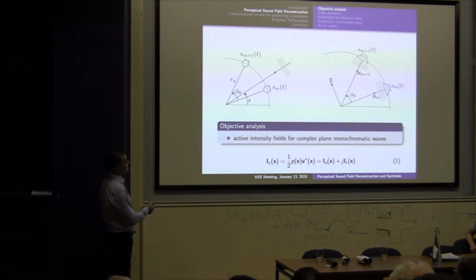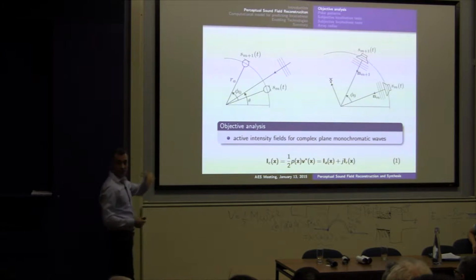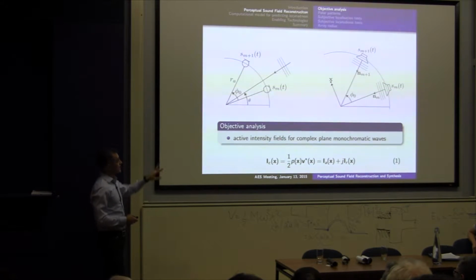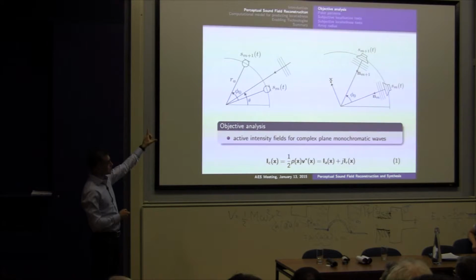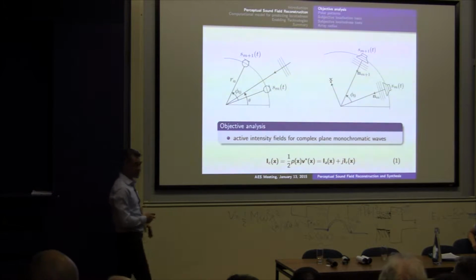So we are analyzing this situation. We have two microphones and a plane wave coming from a direction between those two microphones. We also have loudspeakers in the same configuration, at the same angles, with this plane wave assumption. Here we are just showing one sector, but we have an arbitrary number of microphones with arbitrary angles. It's just that they are all on a circle of a given radius.